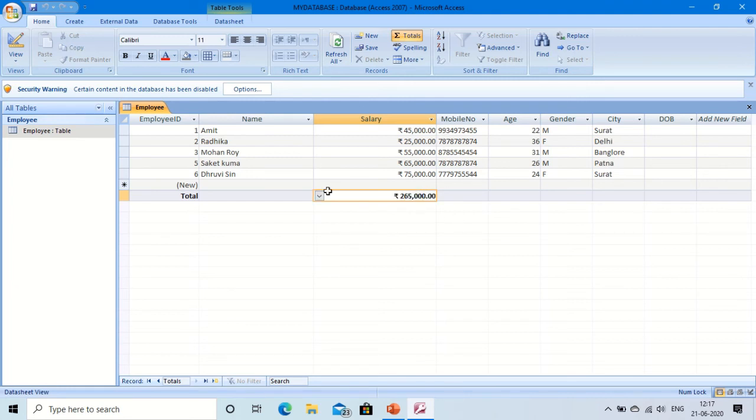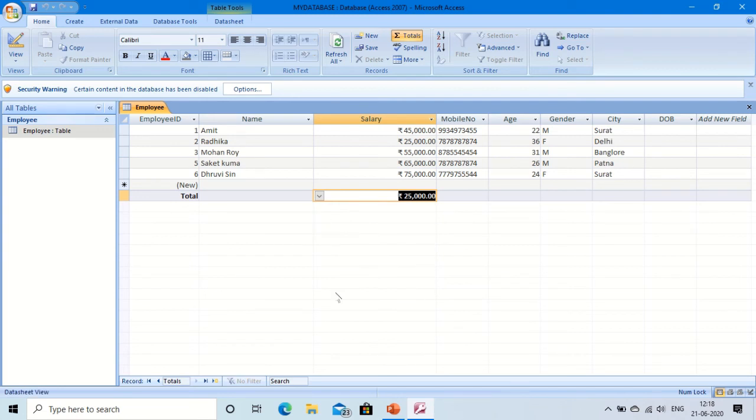Similarly, suppose you want to perform the average. Here we have to change it, so let me take another row. It's not coming, so let me take here, I want to perform average. So you can take average also. If you want to perform count, how many employees have a salary, you can see 5. If you want to find the maximum, you can see 75,000 is the maximum. If you want to know the minimum, you can see the minimum salary is 25,000.